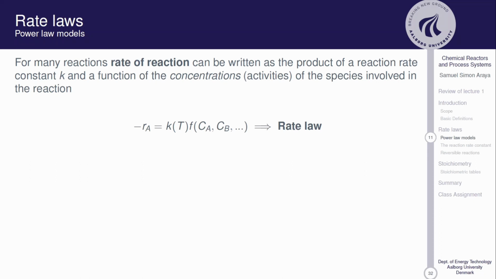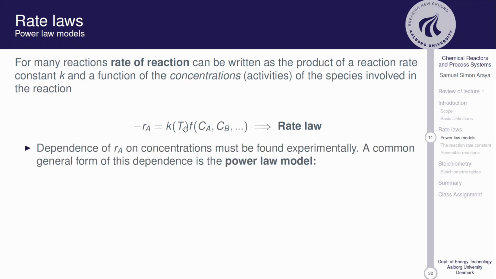So K is basically a rate constant that does not depend on concentration, but relates the rate of reaction with concentration. But we will see that K is variable, and it depends on temperature, the chemical properties of the reacting materials, and obviously the pressure and the presence of catalyst and so on. So this rate of reaction usually must be found experimentally, or if we find it through rate laws, it must be confirmed through experiments, because there is no way around that. We cannot know how the rate of reaction depends on the concentration of each reactant without measuring